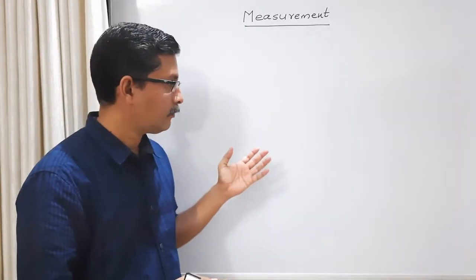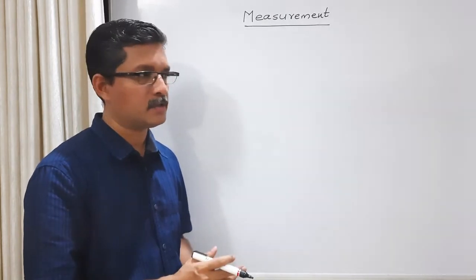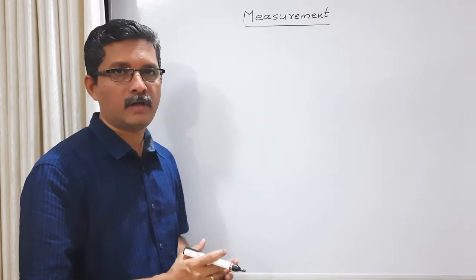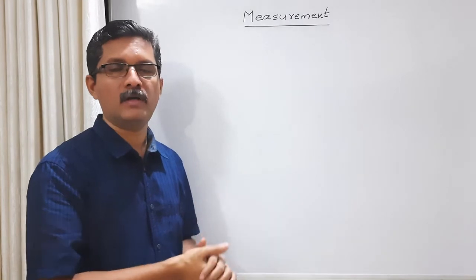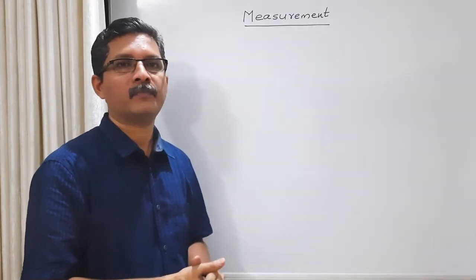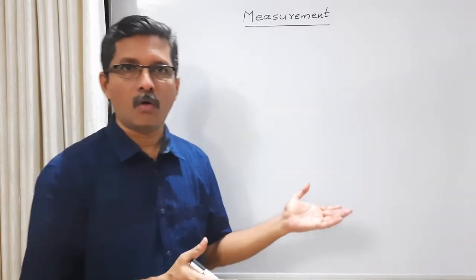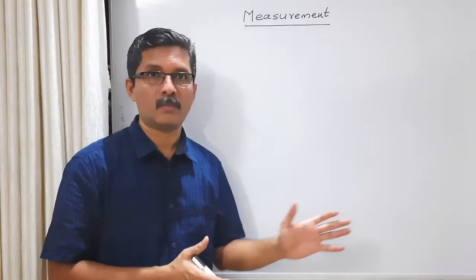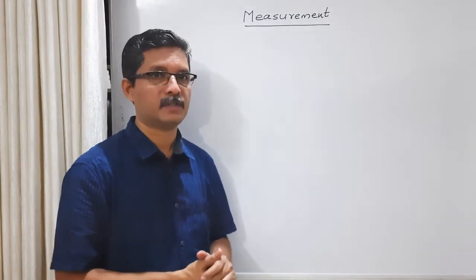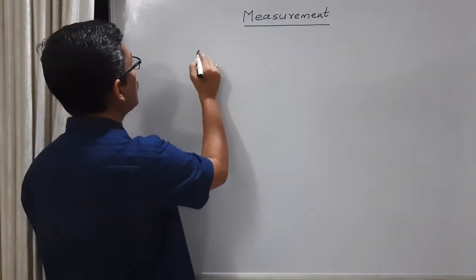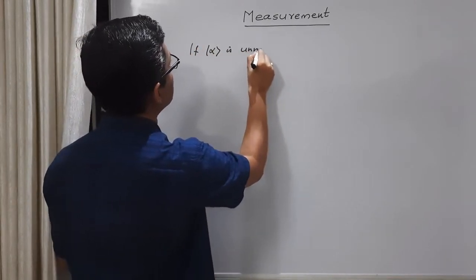We have seen the probability of getting a particular eigenvalue as the result of an individual measurement, and also the expectation value of a large number of measurements. In both cases, we have assumed that the initial state, this ket alpha, is a normalized state. Now, what if it is an unnormalized state? Okay, in principle, we can normalize all the states, but what if it is an unnormalized state? Then, how do you write the expression for this probability and the expectation value? Now, if ket alpha is unnormalized,